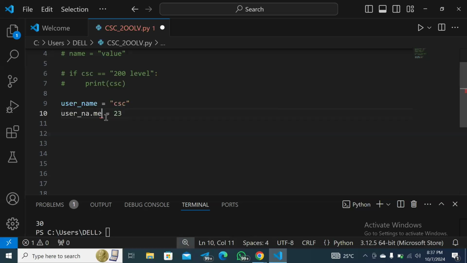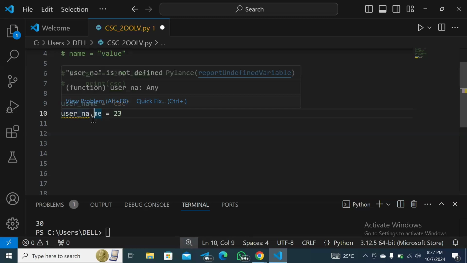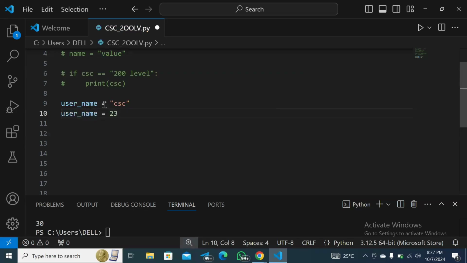A variable must not have any special character. I can't introduce a full stop. I can't introduce any special character at all inside this list. So